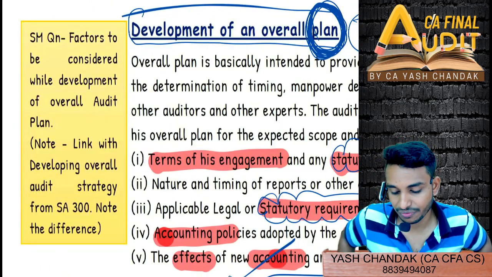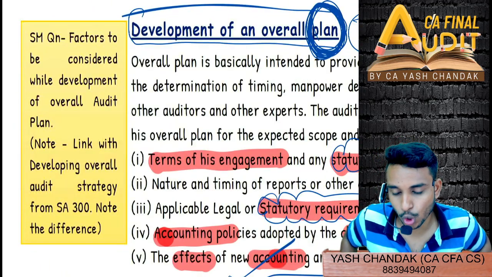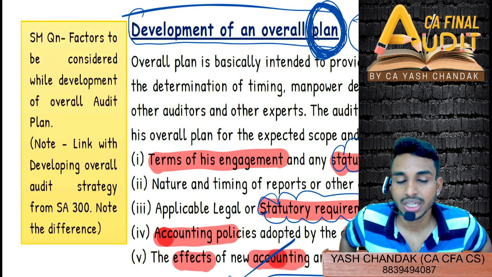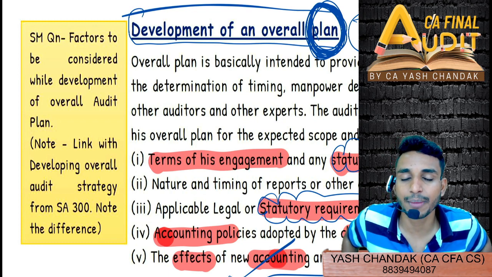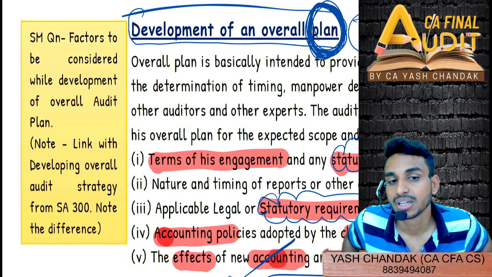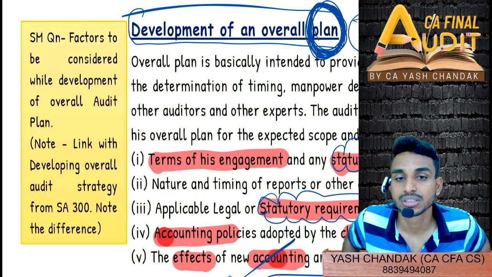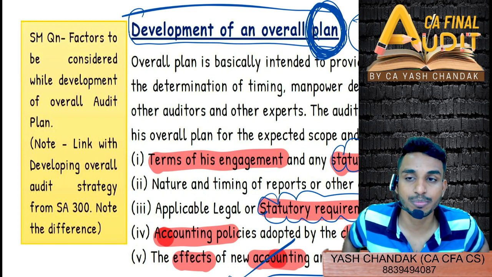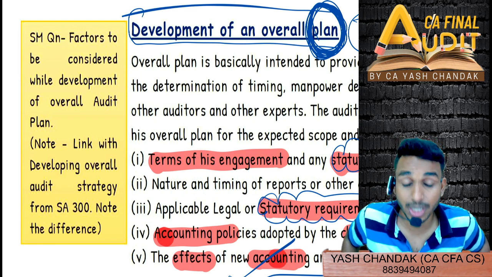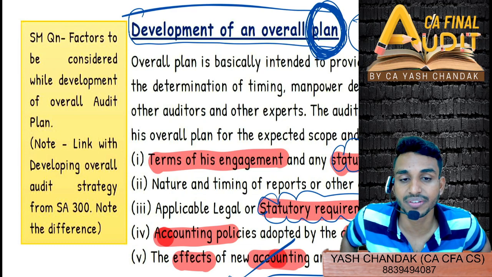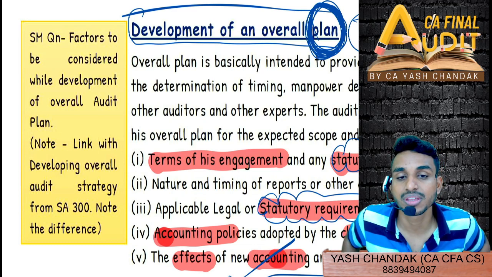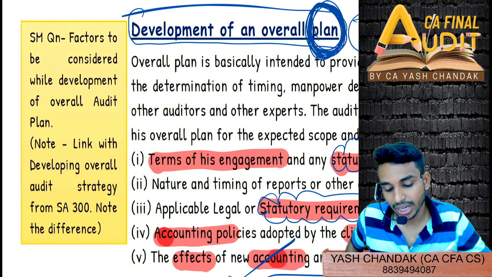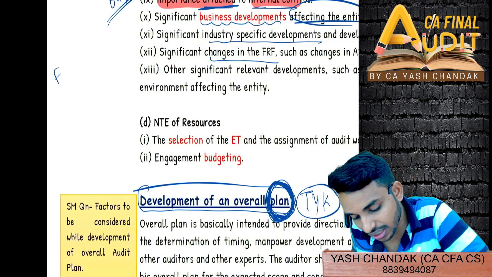Test your knowledge question: factors to be considered while development of overall audit plan. If they would have given factors affecting or determining overall audit strategy, then you will go through characteristics of the engagement, reporting objectives, timing of reporting, preliminary engagement results, engagement partner experience with previous similar audit engagements, can we get benefit, nature of resources necessary to perform. And what do you think should be the answer for factors